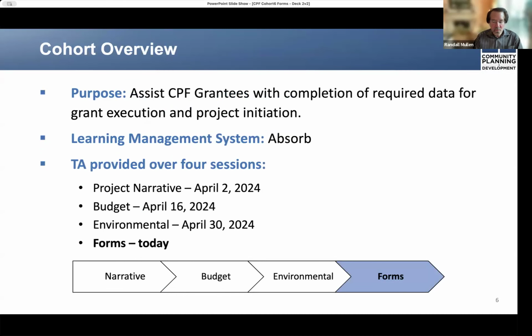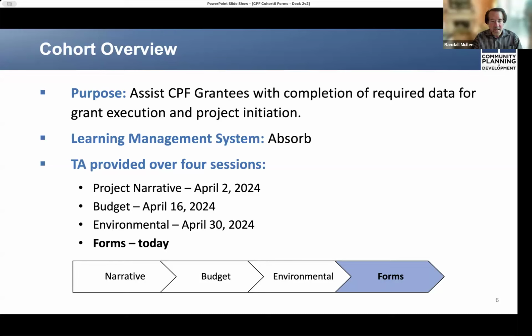The CPF cohort assembled today is created to enable you to gain specific guidance that will assist with the satisfactory completion of all the grant materials necessary for your award. You were invited to join this cohort based on an award of FY23 CPF grant funding.